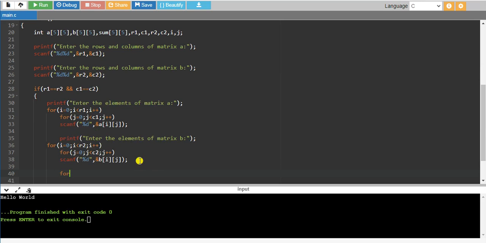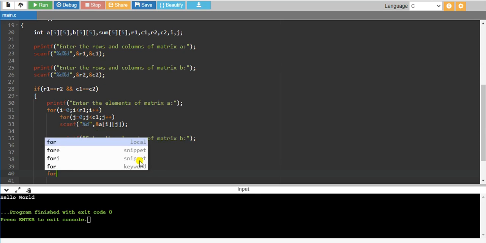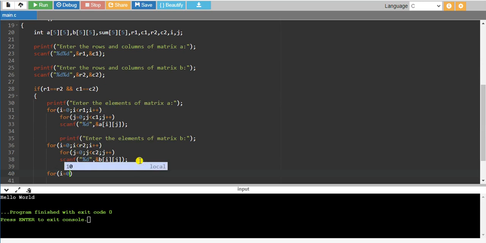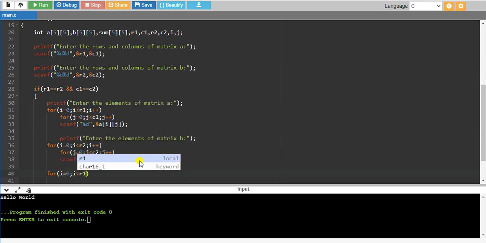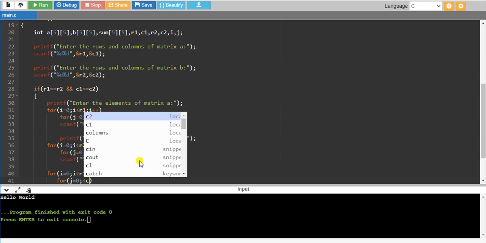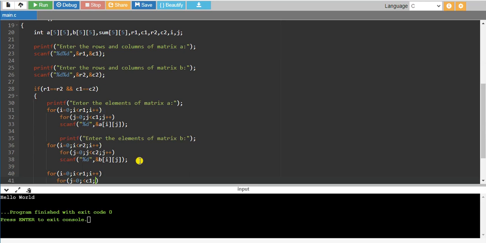So for i equal to 0, i less than r1, then i plus plus, then for j equal to 0, j less than c1, j plus plus.